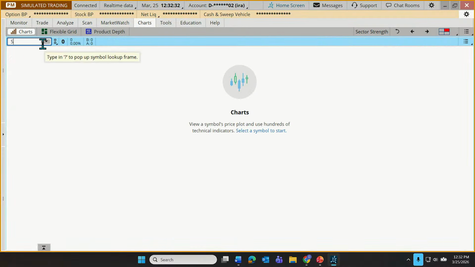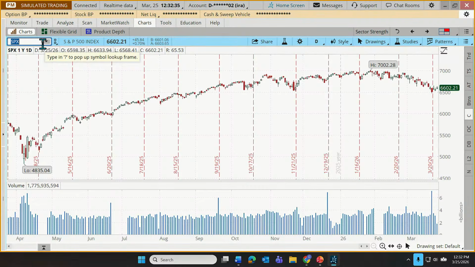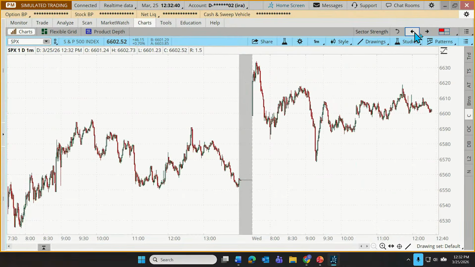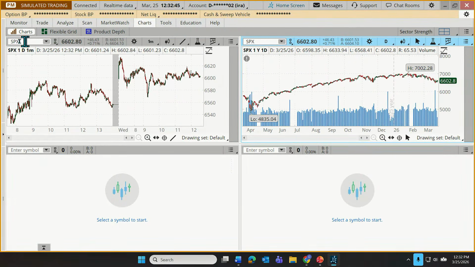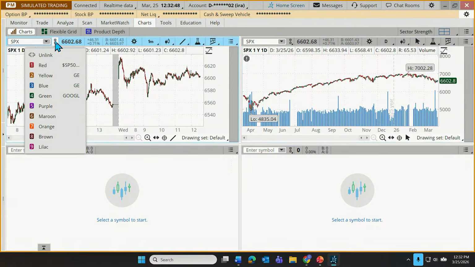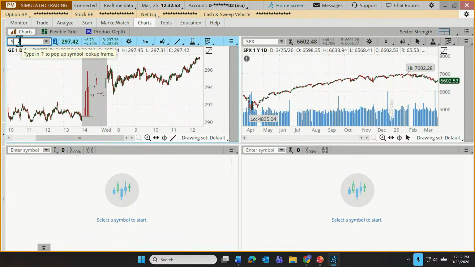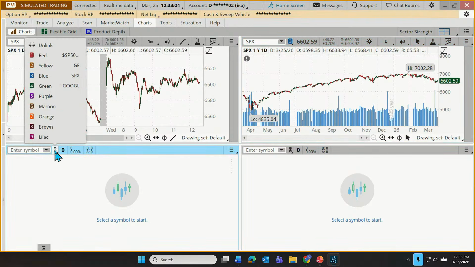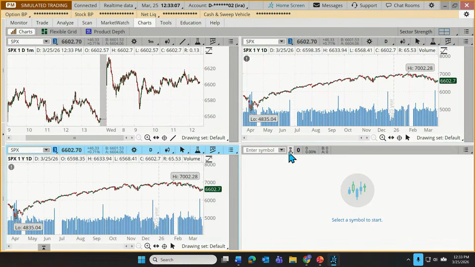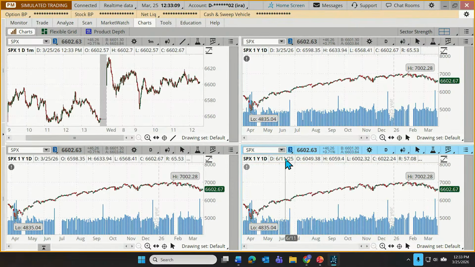And here's another time saver for you. We could keep typing in the symbols, but I'm going to link these together. So for each of our charts, right up here to the right of the symbol box, I'm going to change each one of these to, how about we put in blue? It's going to switch to GE for just a moment. That's okay. That's because that was the last chart that I had charted using that number 3. But if I change this to a 3, you'll notice that's S&P. If I change this to a 3, it loads up the S&P.